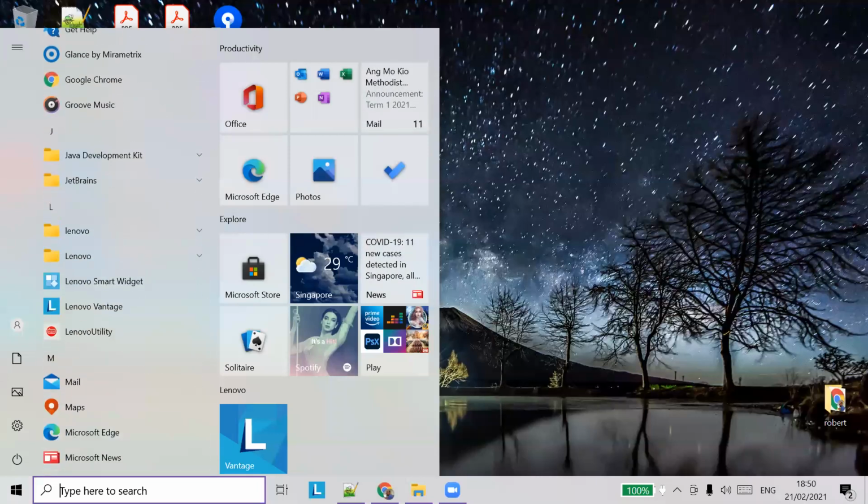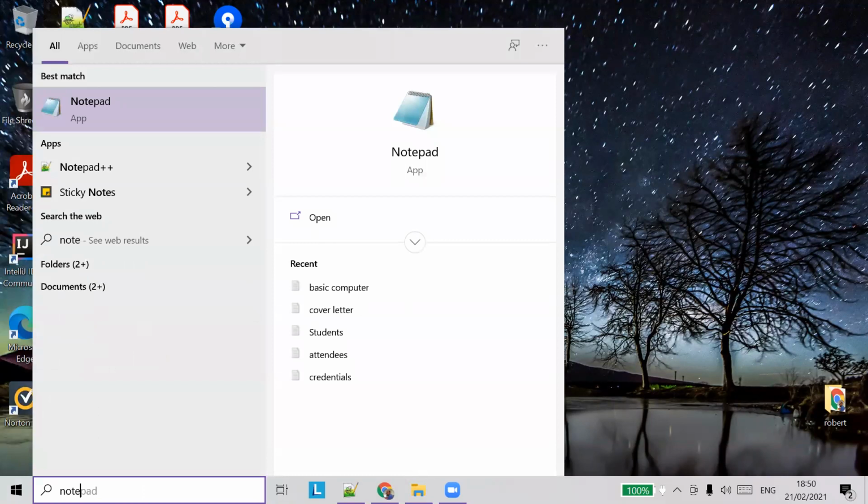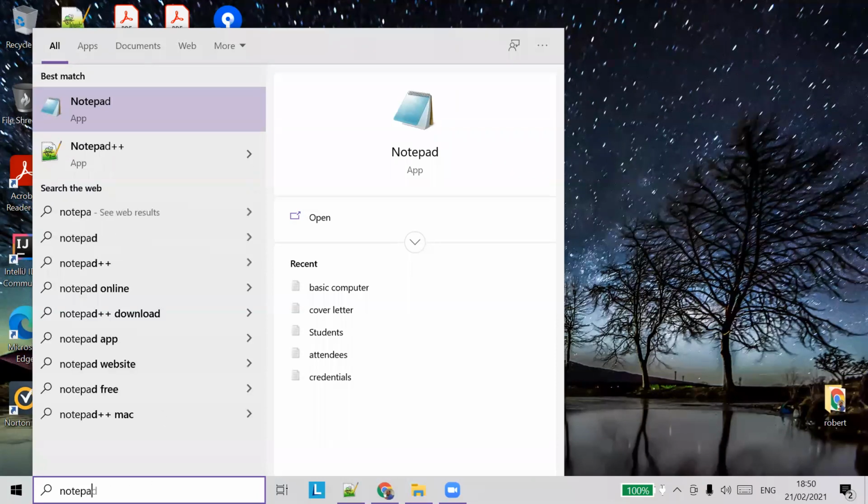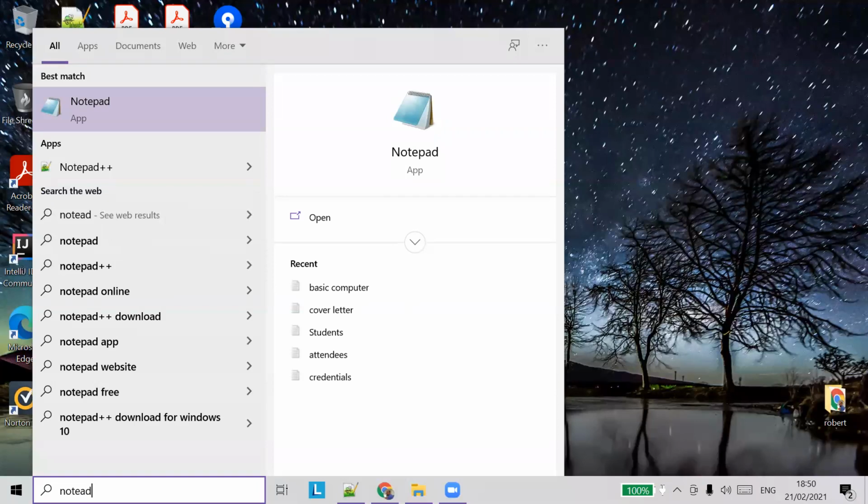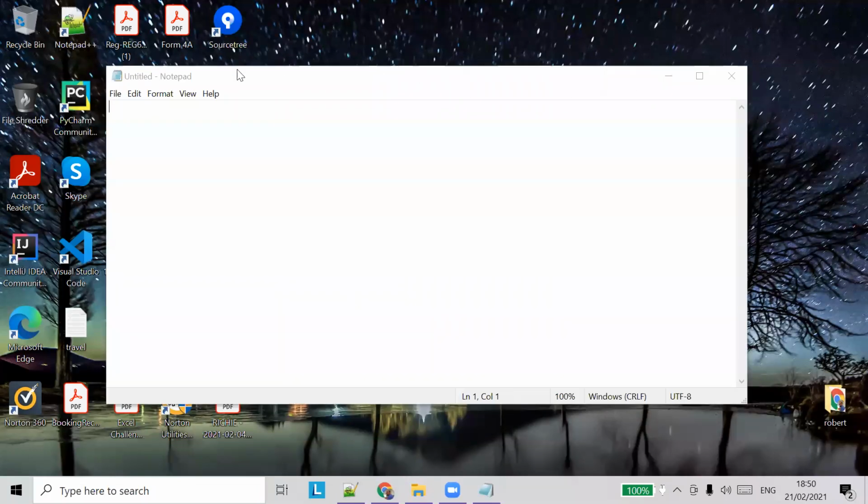I don't see it here, but you can type it in the search bar in Windows 10. There is a search feature where we can type the software name we want, and we can open it through that. When you type Notepad, you'll see this icon, and you can click on it to open the file.